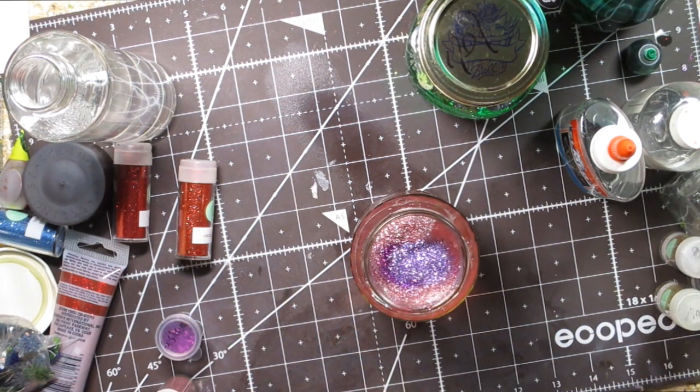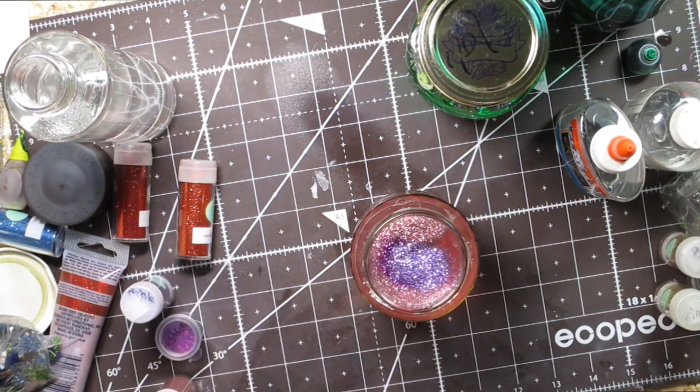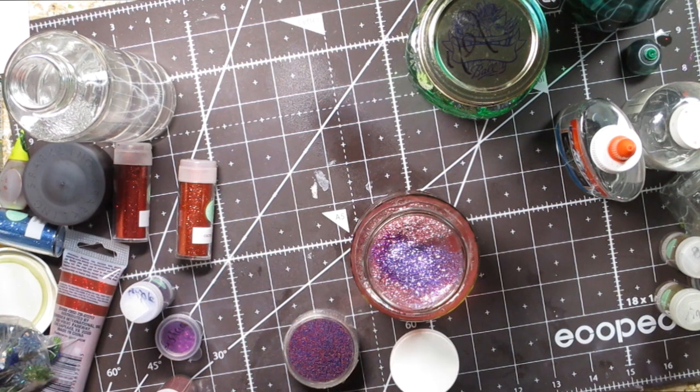Okay, let's see how we do with this. I'm going to put some fun beads in here. Purple beads, silver beads, and I think I'm going to put some,